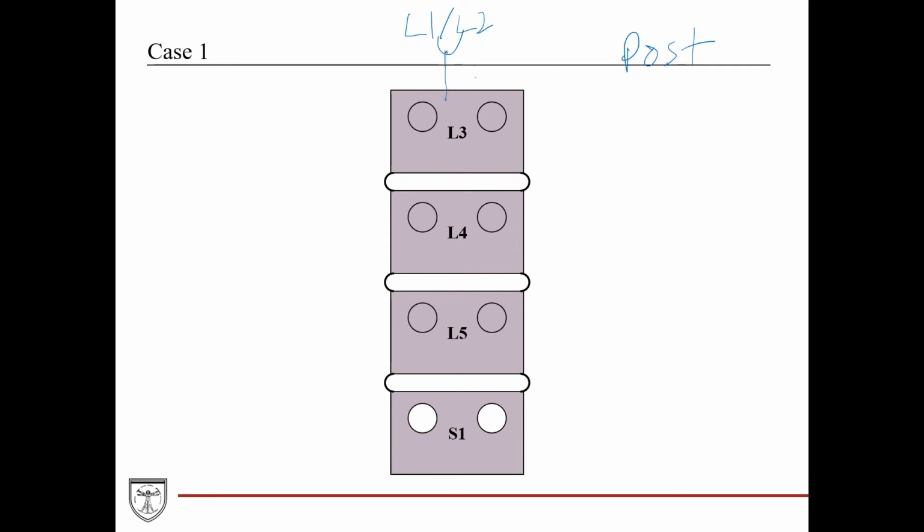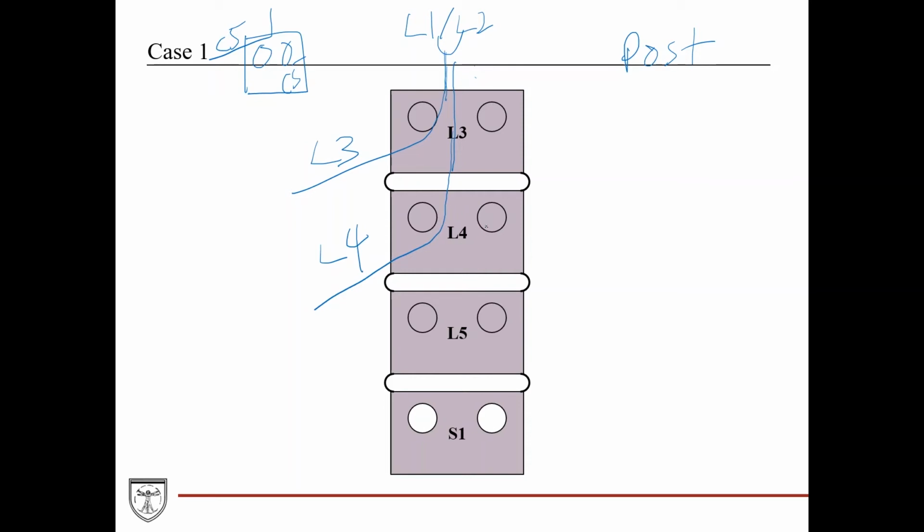So L3 is going to come down and exit just below the L3 pedicle. So remember, in the lumbar spine, spinal nerves come down and they exit just below the pedicle here. Remember, in the cervical spine, so let's say this is C5, the C5 nerve is going to come down and kind of exit at a 90-degree angle above the C5 pedicle. So we keep going down here. L4 is going to come down like this and then exit like that. And it exits at this oblique angle just like L3 and the other ones, just below the pedicle corresponding to